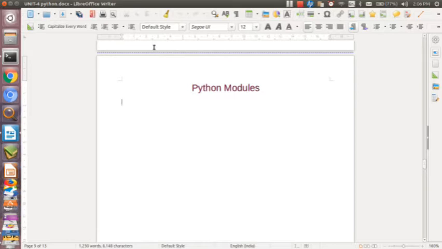In the previous lecture, we have seen Python modules. A module is basically a Python object with a named attribute that we can bind and reference. Basically, a module is a file which consists of Python code. A file with a .py extension will contain Python code. This module can define functions, classes, and variables that we have already seen in Python. This can also include runnable code.